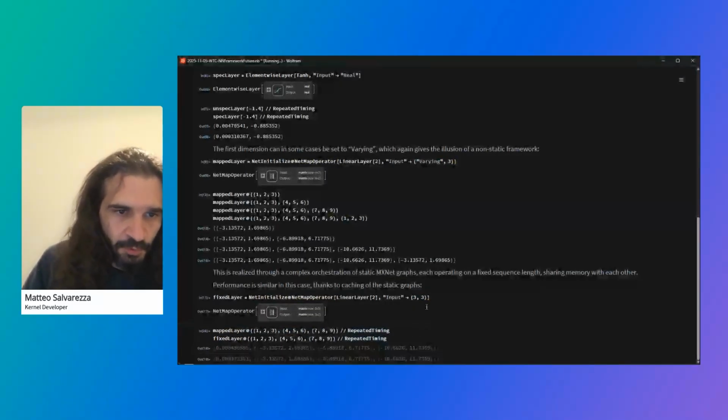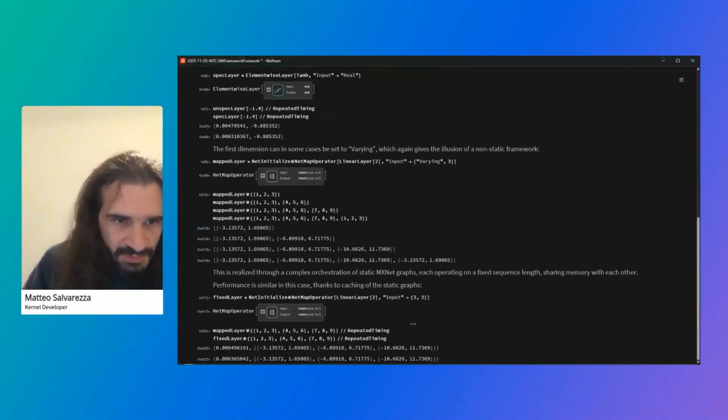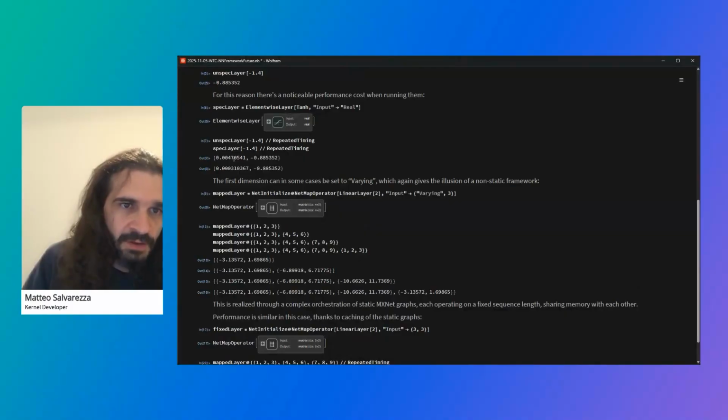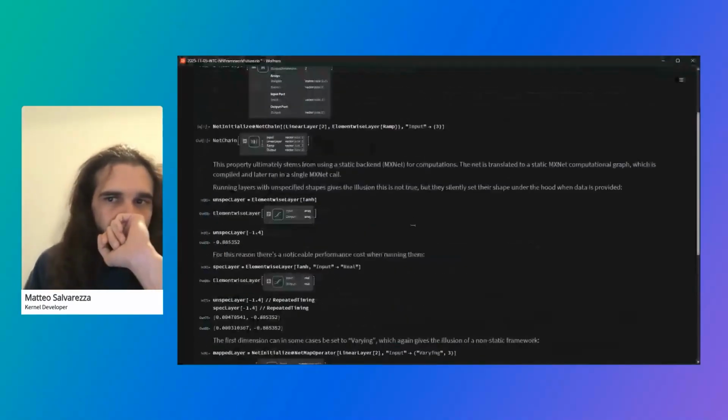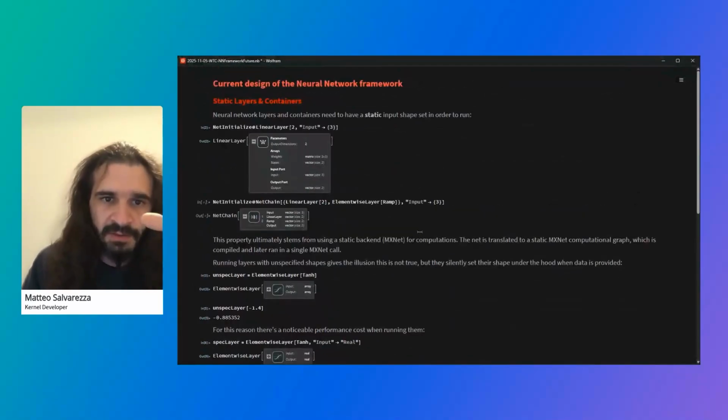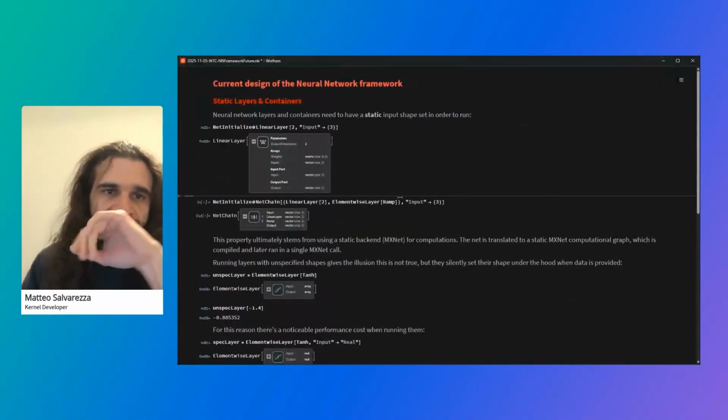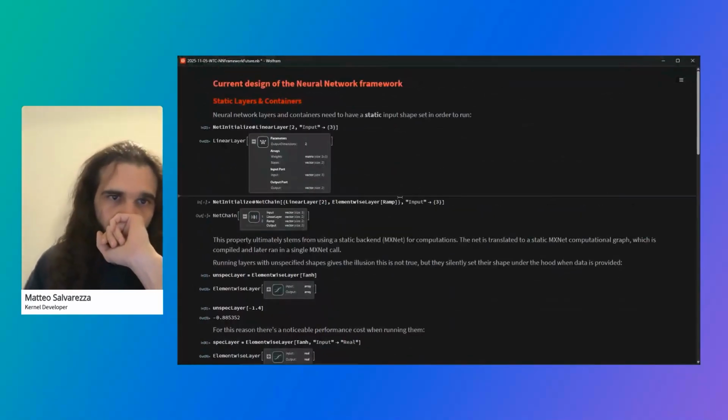And you can see that the performance here is not terribly worse. It's a factor of 1 point something, while here it was a factor of 10. Okay, so take away things from this slide, like the property of a static framework. Now,